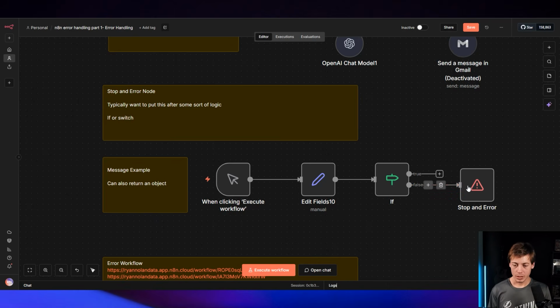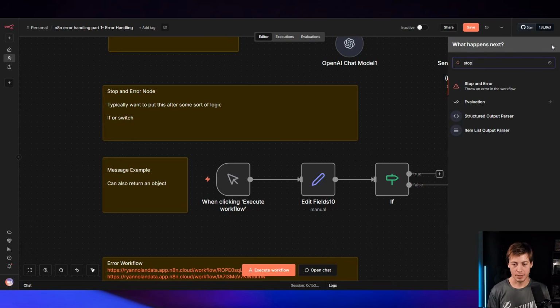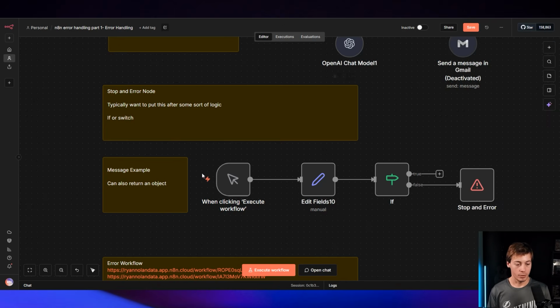So how we find stop and error: you click the plus icon over here, you search stop, and it says stop and error, throw an error in the workflow. So that's all you got to choose on that side of things. Super, super easy. And what we're going to do is just go through this, and you'll see stop and error,